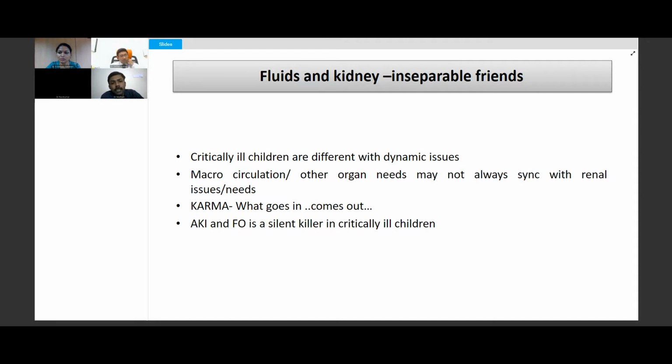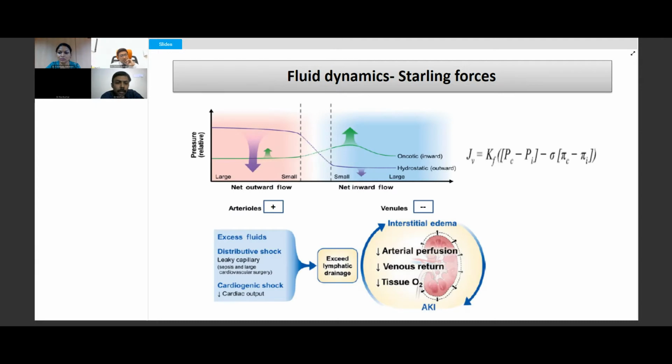So some physiology, the governing factors of fluid movement in the body. The famous Starling forces tell us that there is a net positive or outward hydrostatic pressure in the arterioles, which pushes the fluid to the interstitial space, to the capillaries, to the tissues. They get perfused, and in the post-capillary venules, we have this net negative oncotic pressure, which pulls the fluid back into the intravascular space. And they are governed by various factors, as we know. And this determines the net filtration force.